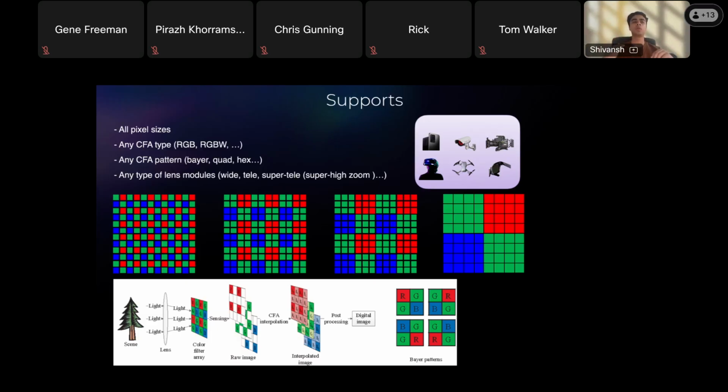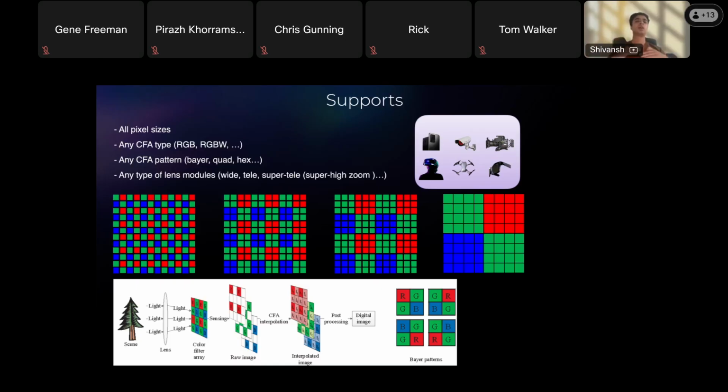Now you want to prove a very good image quality on sharp lenses, but you also don't want to degrade a lot on the faulty lenses. So the only way you can learn this variation is if you feed these variations of data in your training data, and then you make your network learn these. How you feed these variations in your training data is more on how you characterize these cameras, and that is a very important step, like how you characterize your camera and then feed that data to your network.